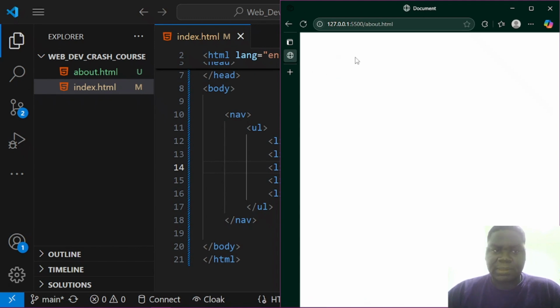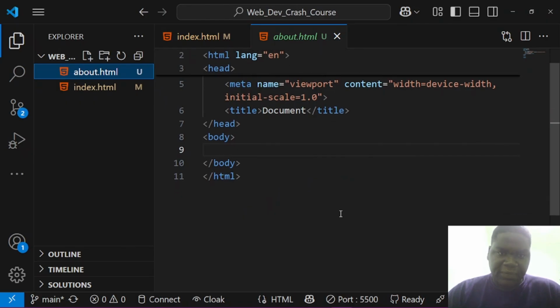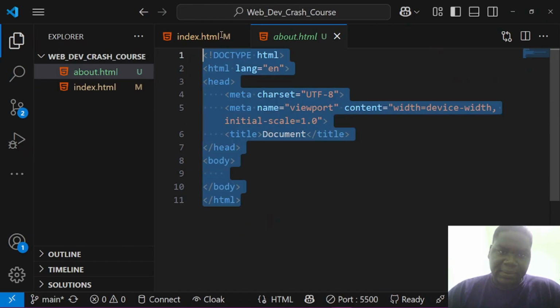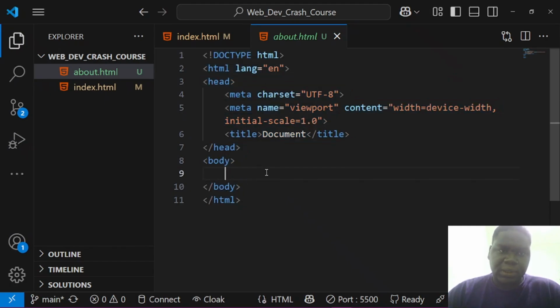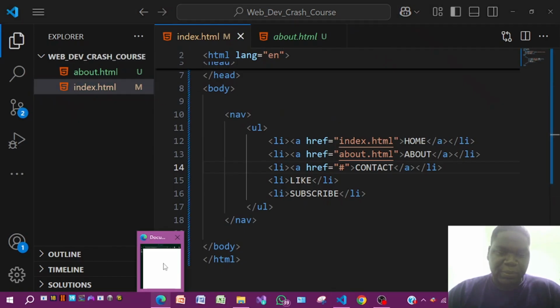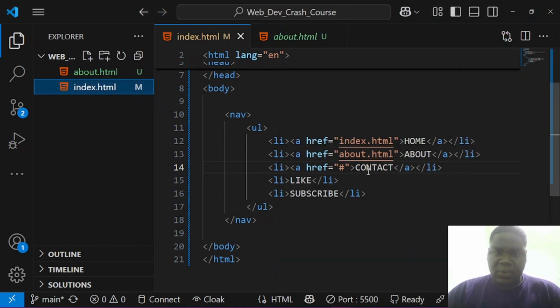Now I think the about takes us somewhere. Our about page is blank. We haven't written anything in the body. This boilerplate is still there, but I have not written anything in the body. So our about page is still very much blank, but that's how it's supposed to be. So now we can go back to our home page, and we can see we have our navigation working over here. You understand? Now that we've got navigation out of the way, let's go ahead and make